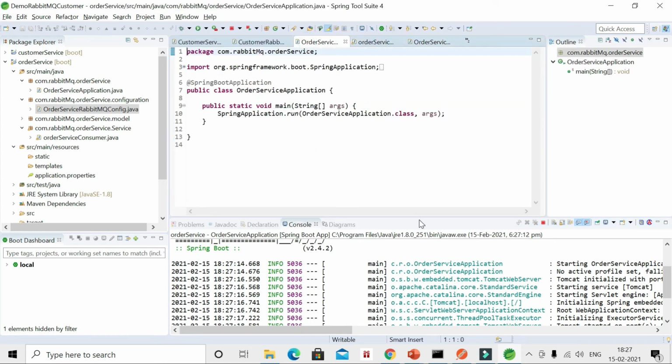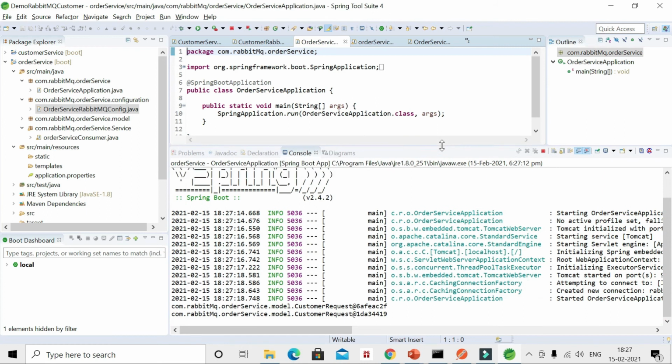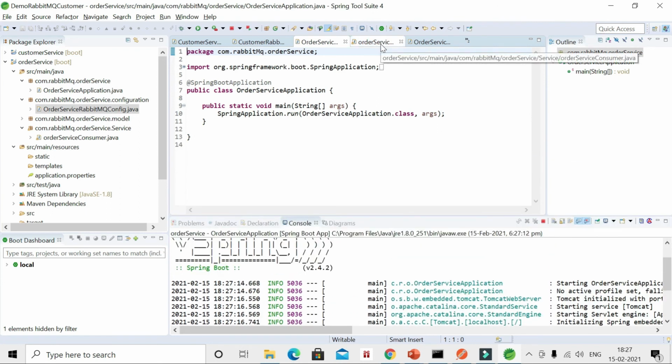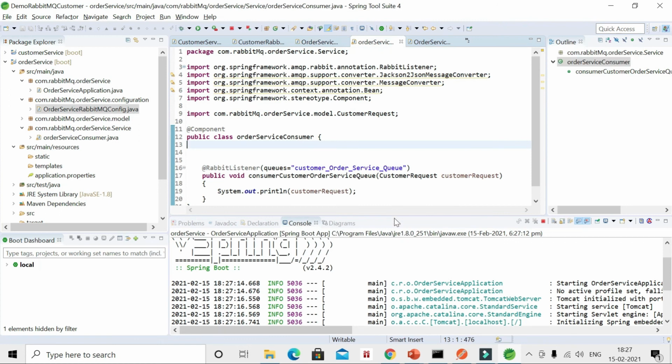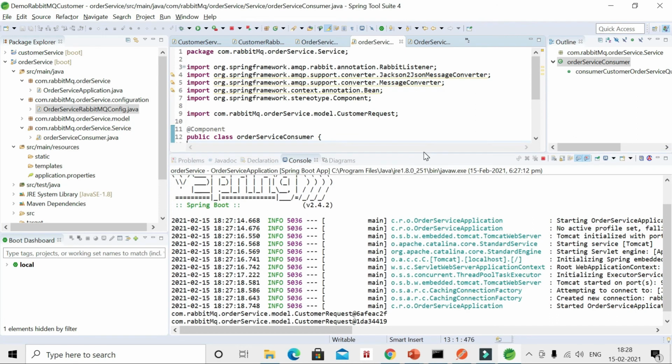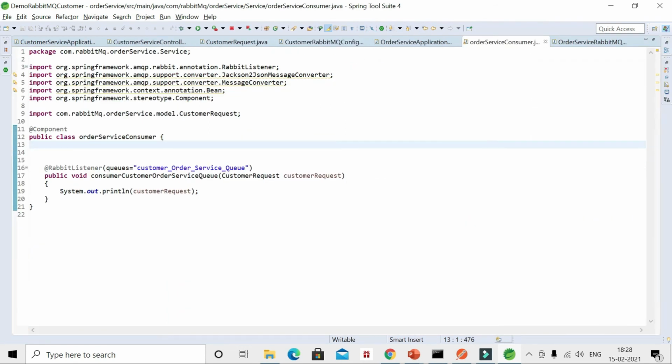We are not getting any exception here. And System.out is printing the hash code, but we need the value, right?